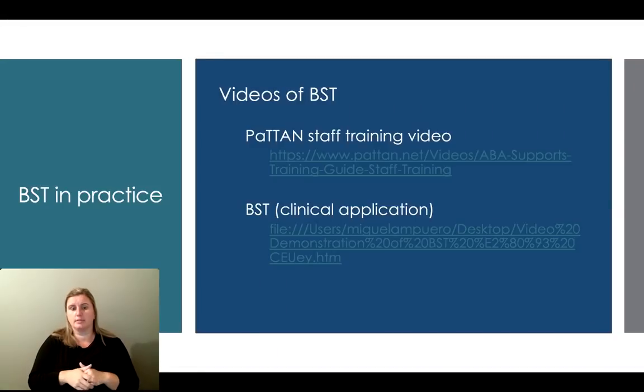In this case, the trainer, or the person in the role of a trainer, delivered feedback not during implementation, however, but after implementation, so during the following observation. And of course, they use specific methods for the assessment of treatment integrity, which we'll discuss in detail in slides to come. What I will do now is show you another video of a slightly different application of behavioral skills training.